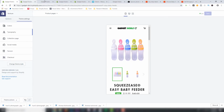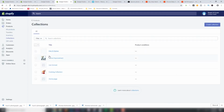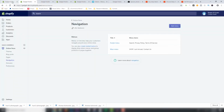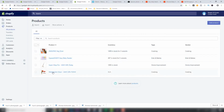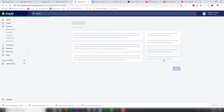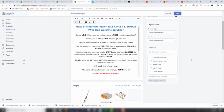So if we go to collections, and to add a product to the collection, all you've got to do is literally just do this. So let's pull up the products. So if I go to products, all products, and hit this one here, so you can add a product to multiple collections. So at the moment this is in just arrived and home improvement. If we hit this, we can go home page as well. So click save,